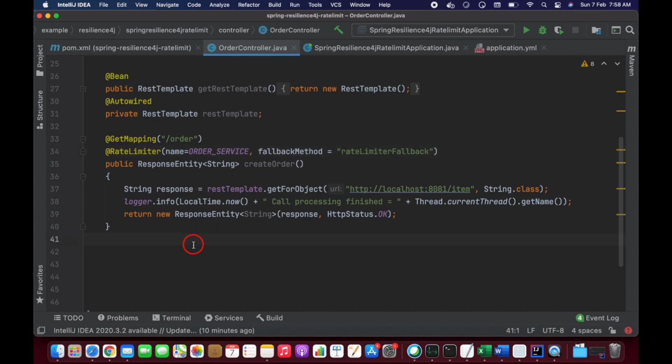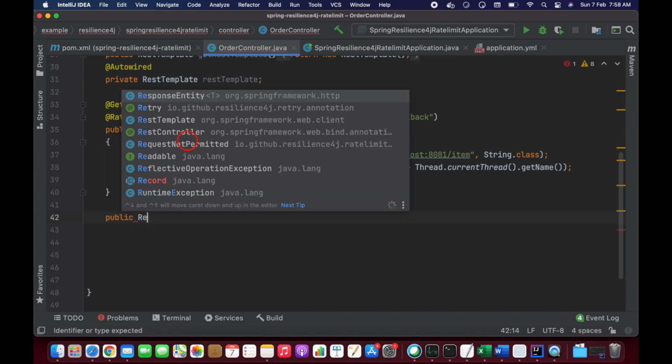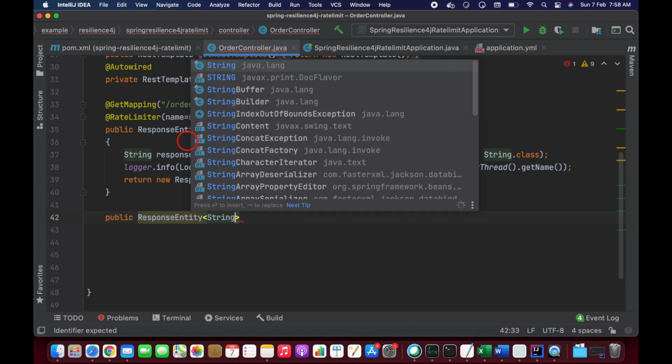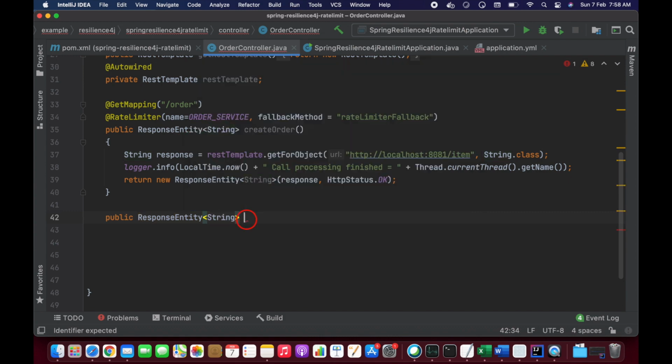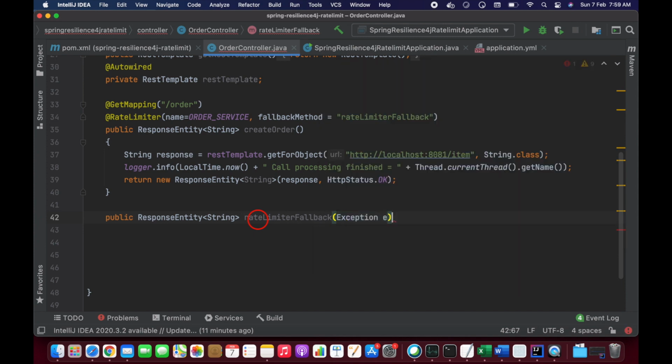Okay, and so let me write one method, public ResponseEntity, which is going to return the string here. I'm going to take the same method name here. This is going to take Exception as a parameter here.